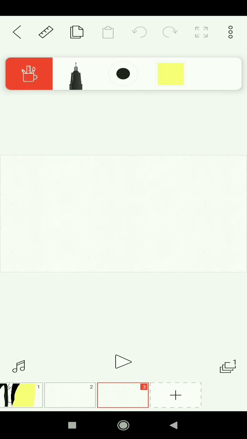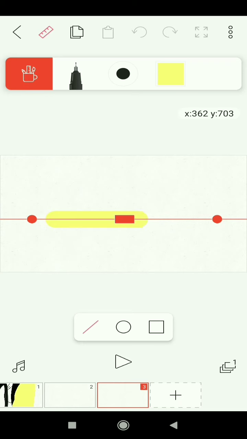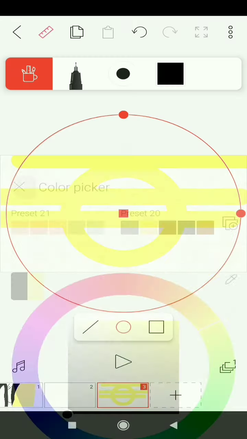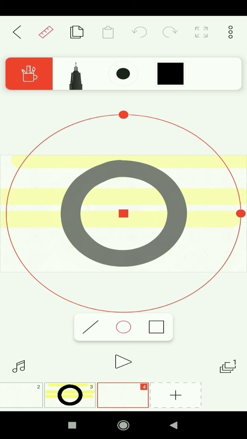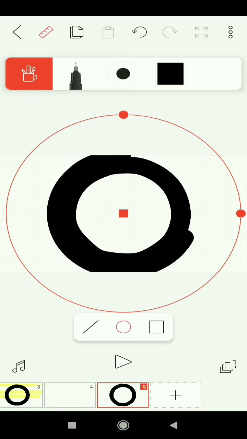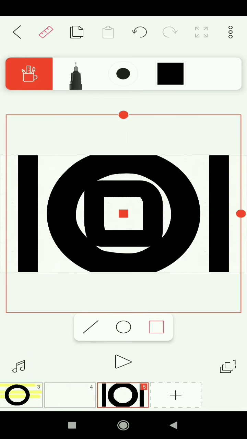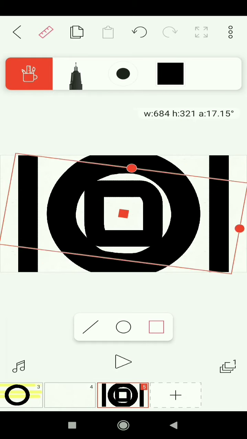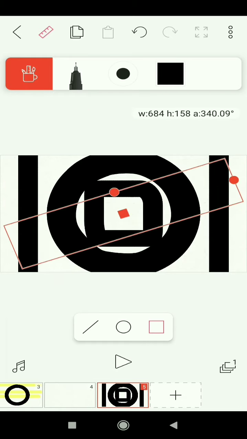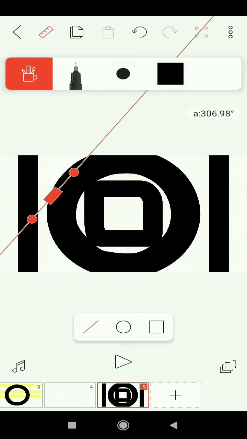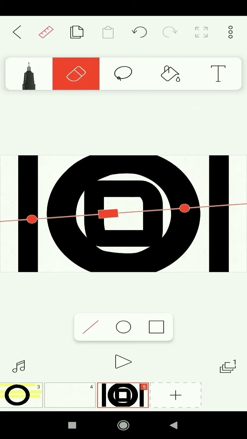now you can use this scale option to draw perfect lines or perfect circles, like you can do perfect circles, and you can even do squares. Yeah. And from here you can convert it into a rectangle, turn the angles, or turn it into an oval. So yeah,